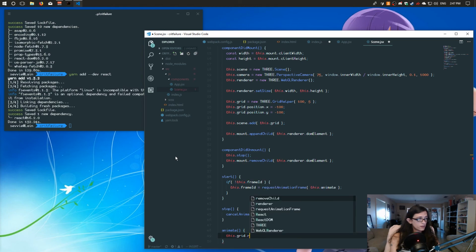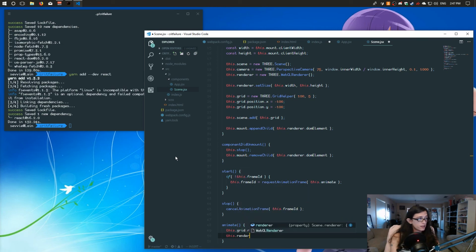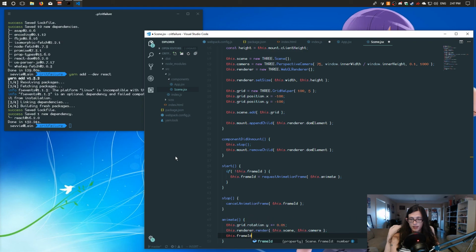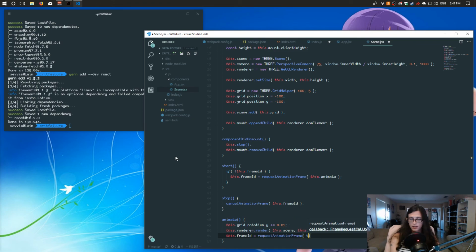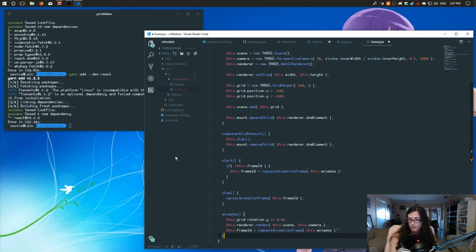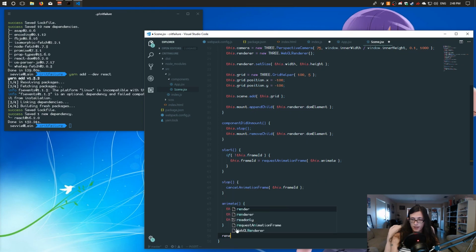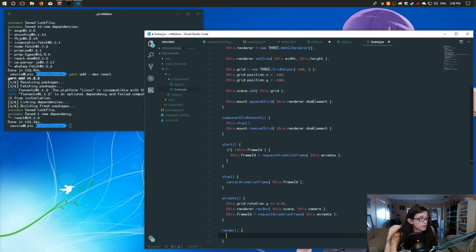this.grid.rotation.x. I think it's just rotation.y plus equals 0.01. this.renderScene. No, this.renderer.render(this.scene, this.camera). And this.frameID equals requestAnimationFrame(this.animate) again. Damn it. And finally, render. Return